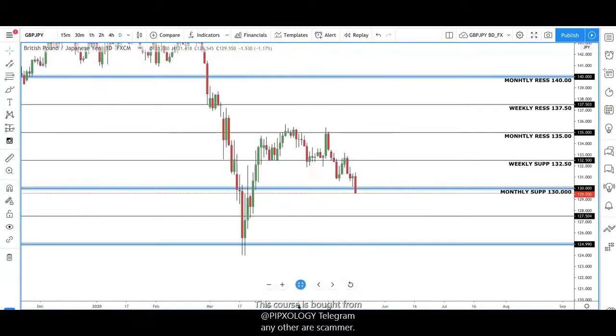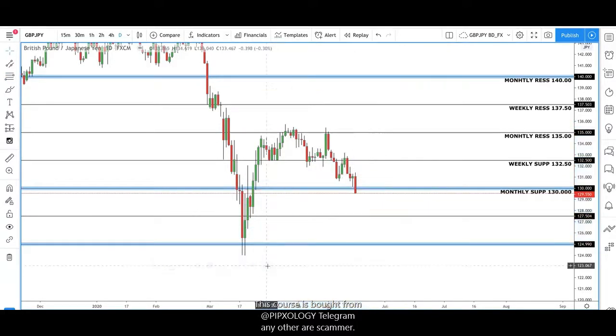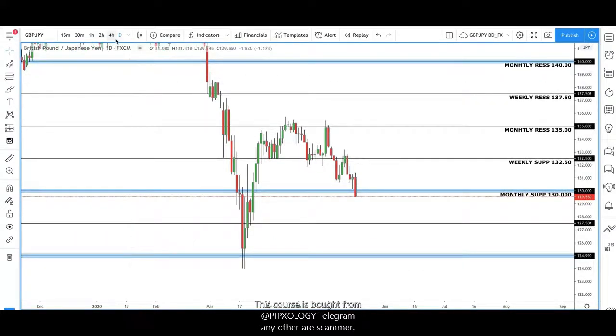GJ, similar situation. We've had a pullback here now on this big daily move. We're just breaking the 130, which is quite interesting. We could dip a little bit lower down to these regions. I will take a look at how the market opens and how the Japanese yen plays out next week. But again, I think fairly soon we could see a nice long trade here, which is going to take us all the way back up above 135.00.